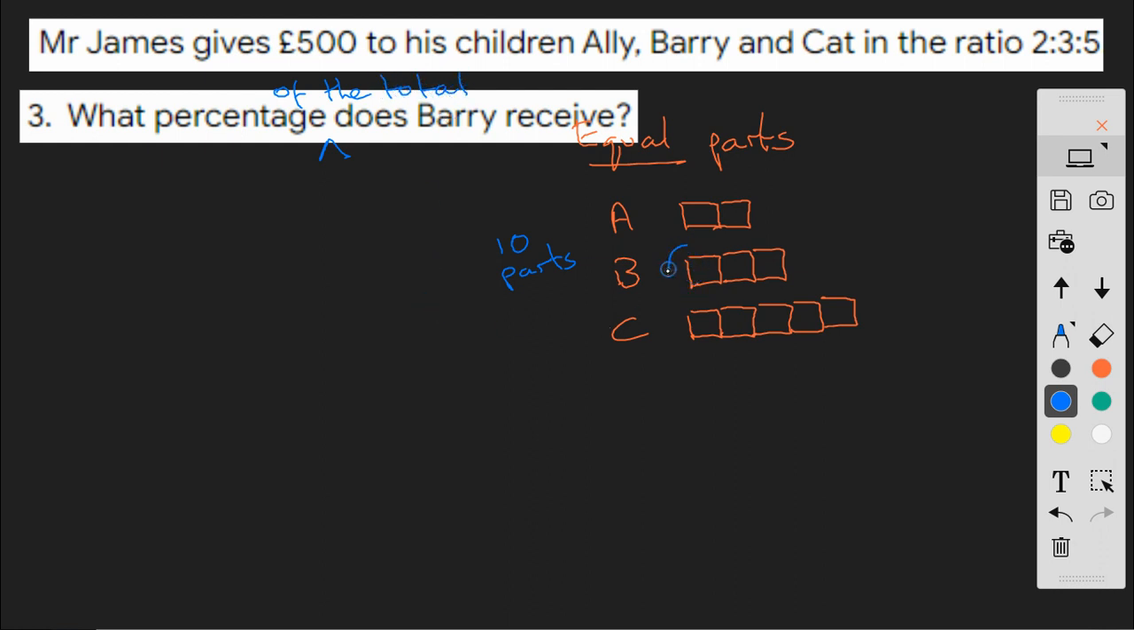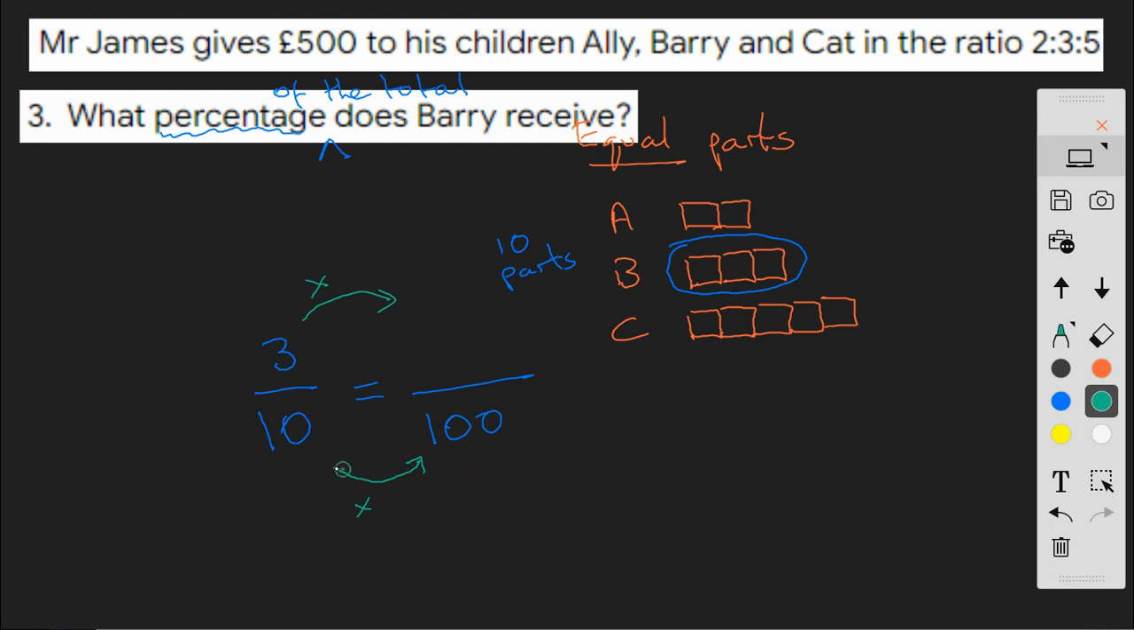So Barry receives 3 parts out of 10. Now, if we need to have that as a percentage, then we want that out of 100. So we've got an exercise in equivalent fractions here. Whatever I do to the bottom, I need to do to the top